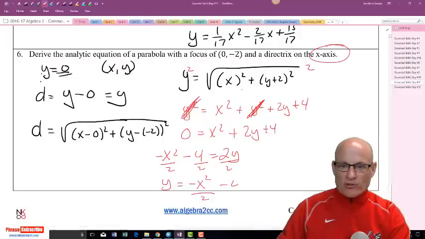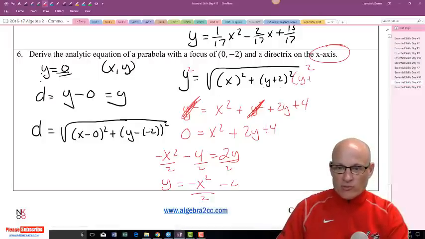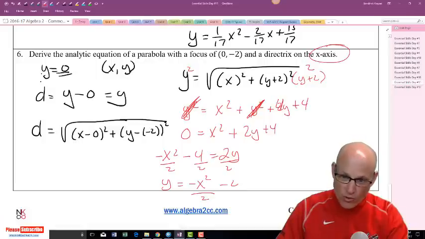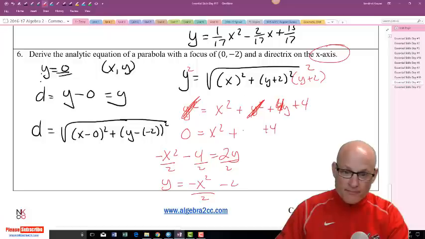Yeah, this is the problem with going too fast. I didn't double distribute this right. This should be y plus 2, which would make this 4y, which would make this 4y, which would make this 4y,